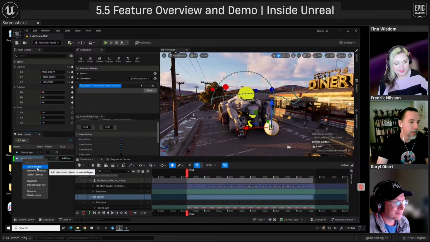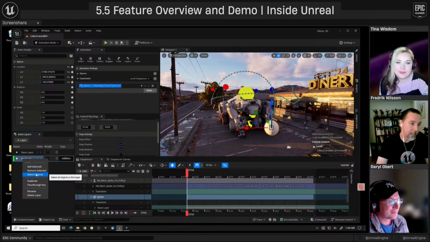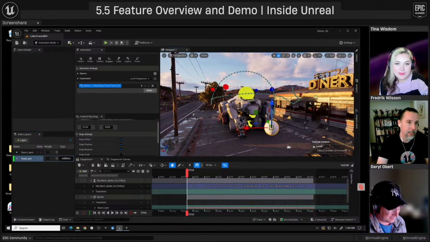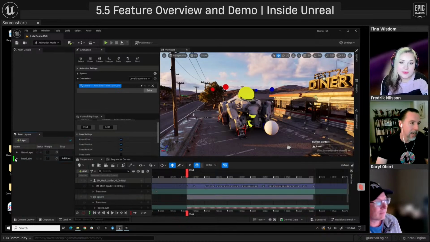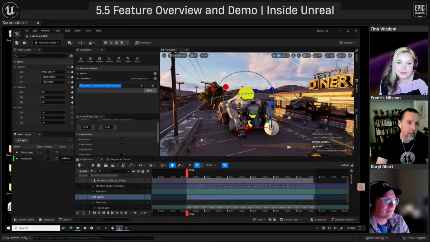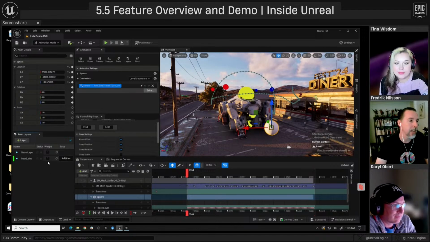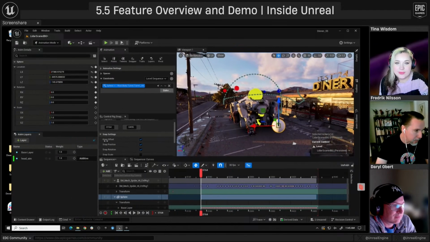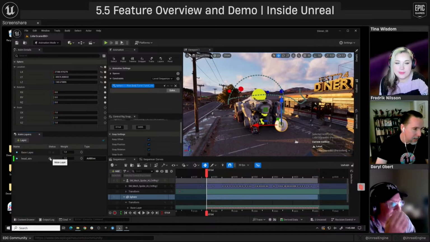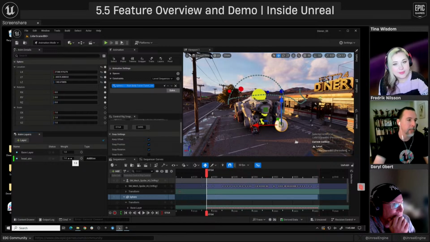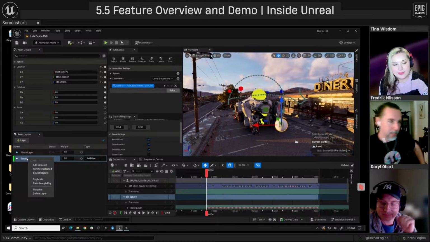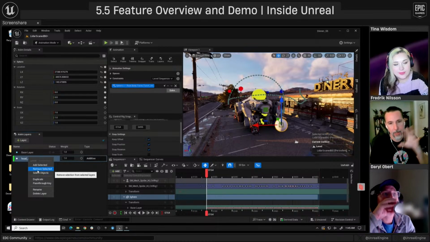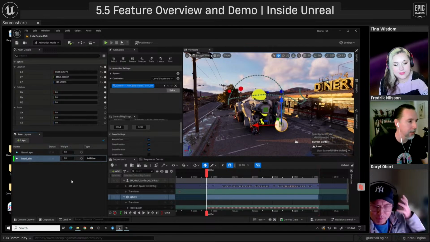I can add and remove objects. I can select the objects inside the layer. So if I didn't have the sphere selected and I right click and I say select objects, it will select that sphere. I could also just click this little dot here, and that would also select it. So there's a bunch of ways you can do that. If I open this window up a little bit more, you'll see that I can mute these layers. Once I've set some animation there, I can mute it, I can lock it, and I can also animate the weight. So it's basic functionality of just animation layers, but we extracted out the most important bits and put them in. This is our first version of anim layer.